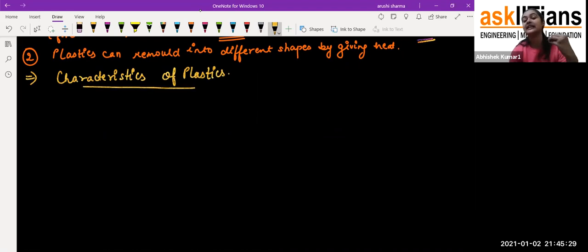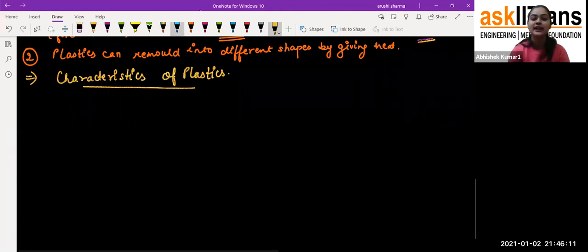Like we can say that it can be light, it can be hard, it can be strong, it can be cheap, and we can find it in different forms and different colors. Whenever we go to the shops and we want a lunch box, plastic bottles or water bottles, we have many options because they have different shapes and different designs that fascinate us. Like small kids want some toy kind of bottles, so we have different designs of it. So you can say that these are having many characteristics.